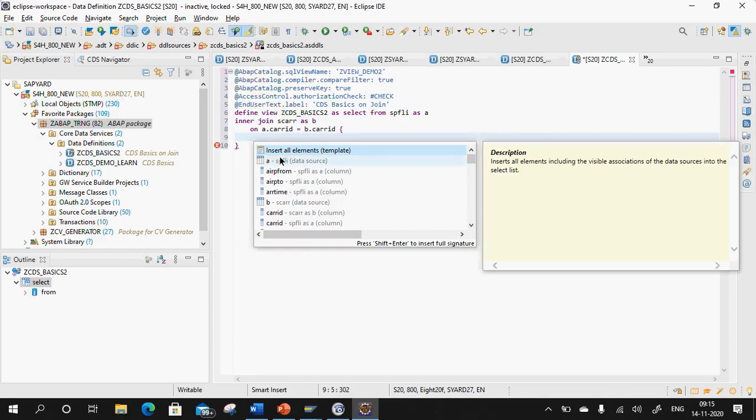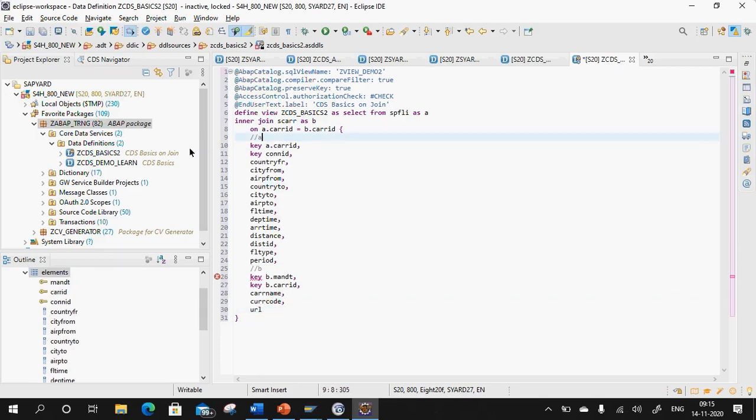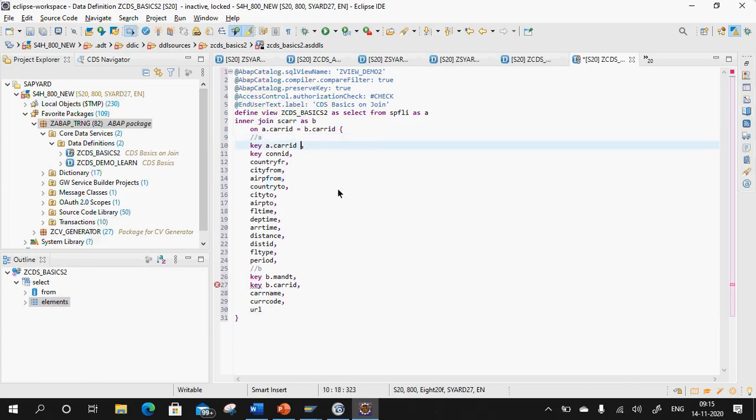So if you put Ctrl+Space here, it will allow you to insert all the elements. See here, this will insert all the elements. Can you see? I just inserted all the elements by just putting Ctrl+Space. Now I don't need all the elements. What I'll do is remove this. I don't need this. Now I need A.carrid as carrier_id. Fine.